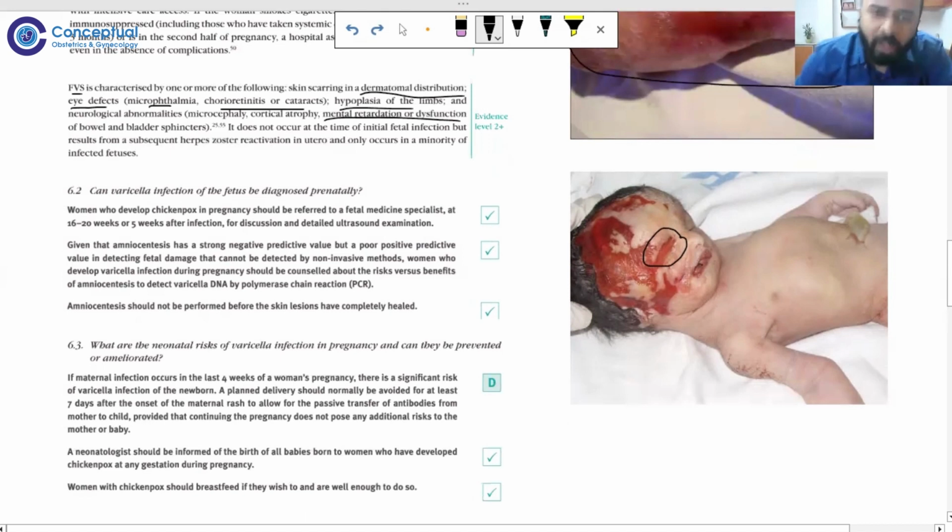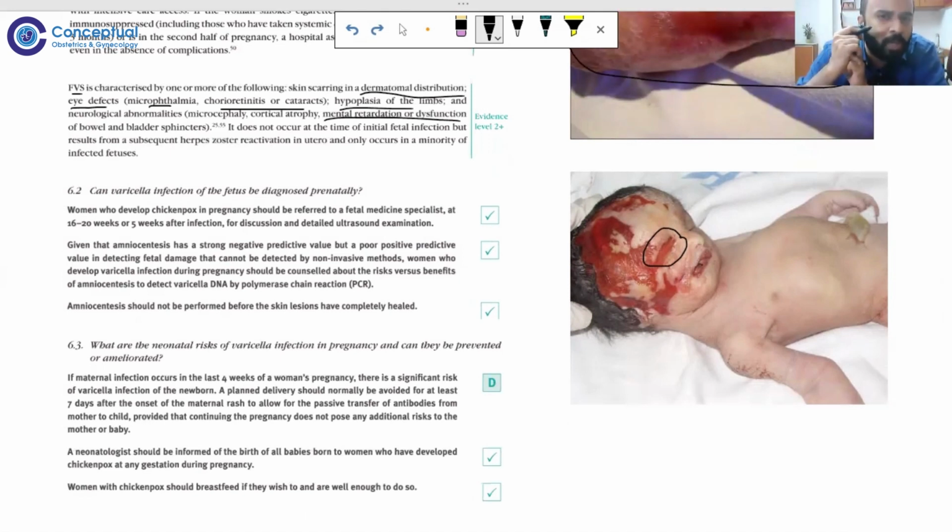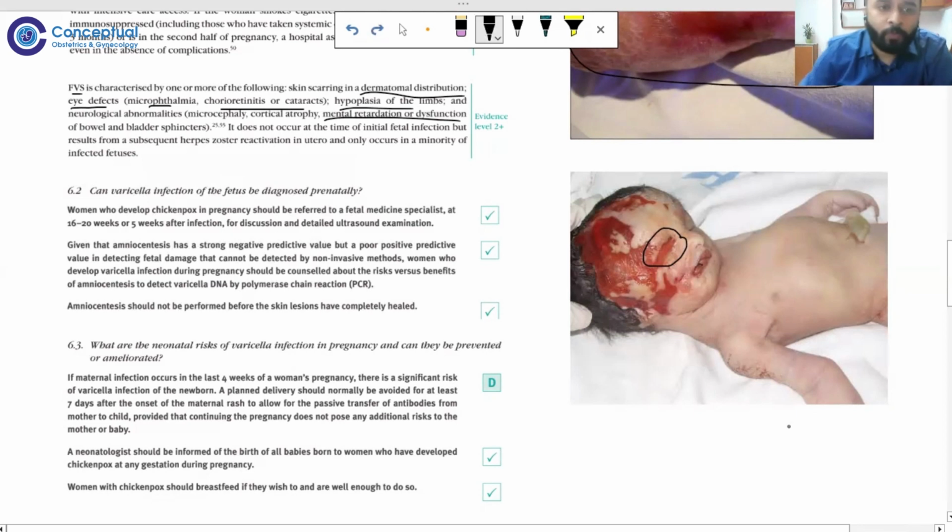uterus? What I can do is, 4 weeks after the female has developed it... Now, in this patient who had come to me at term, there was nothing I could have done. I just had to deliver the baby and give it active vaccination as well as passive vaccination through VZIG. But if this pregnant female had had chickenpox in her first or second trimester, after 4 to 5 weeks, ideally after 5 weeks of infection, and I say 5 weeks because it takes 5 weeks for this virus to appear in the amniotic fluid,